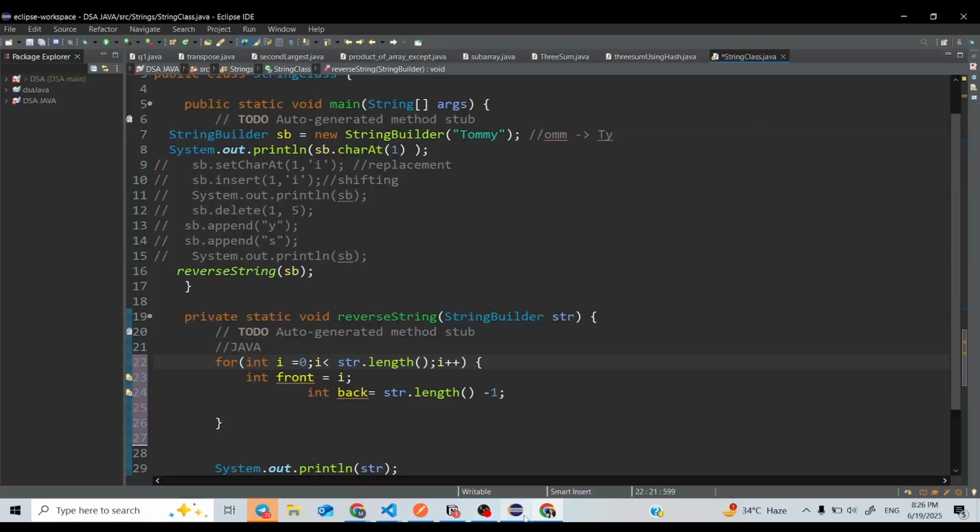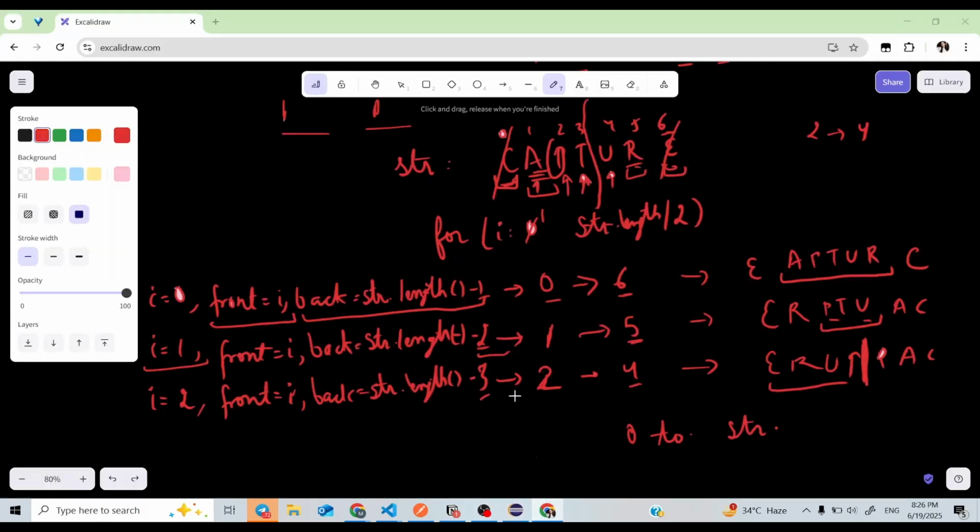Because in the code my front will be i only, so I will write i here. But instead of writing minus 1, minus 2, minus 3, I have to use some dynamic value here, on behalf of i. So let us see, when my i value is 0, this value is 1. When my i is 1, my value is 2. And when my i is 2, my value is 3. So I want to write these in terms of i.